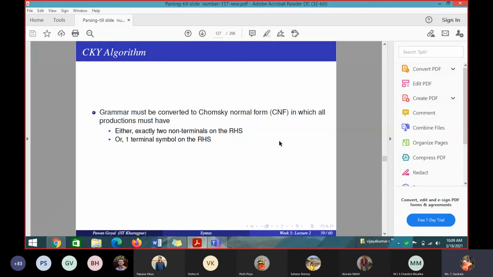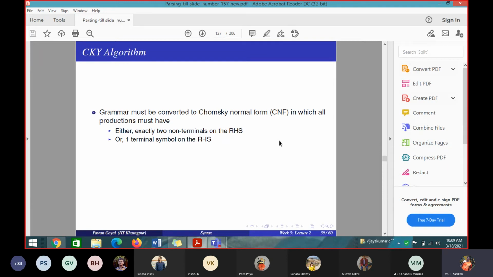They may give a grammar for 2 marks and ask you to convert this grammar to a Chomsky normal form. So what is the Chomsky normal form? We'll see what the constraints in the Chomsky normal form are, or what rules should be applied to convert the given grammar to a Chomsky normal form. Please take down that all the production rules should be one of the following. There are 2 rules. All the production rules given in your grammar should follow either the first rule or the second rule.